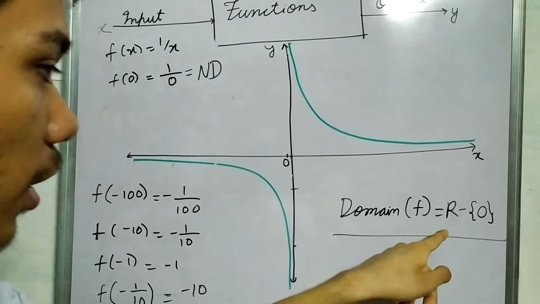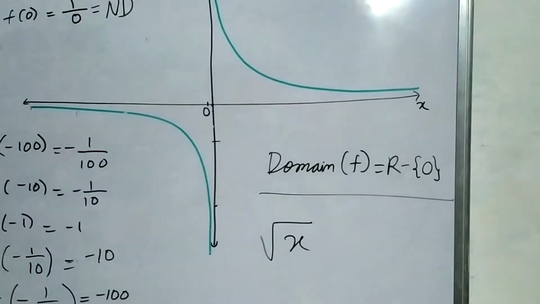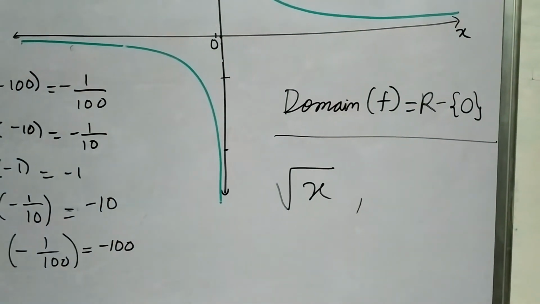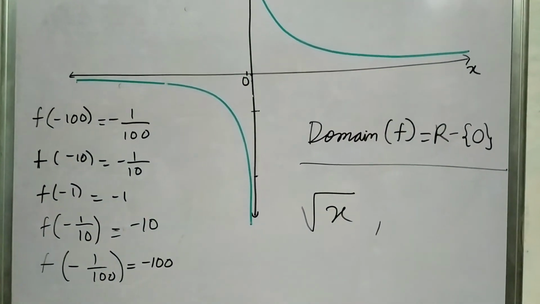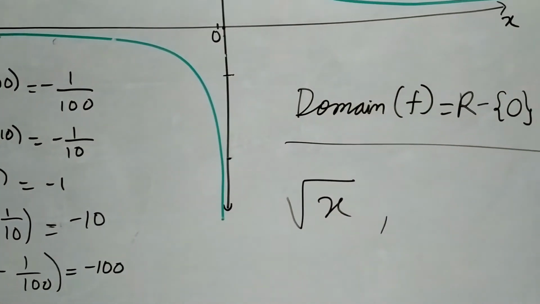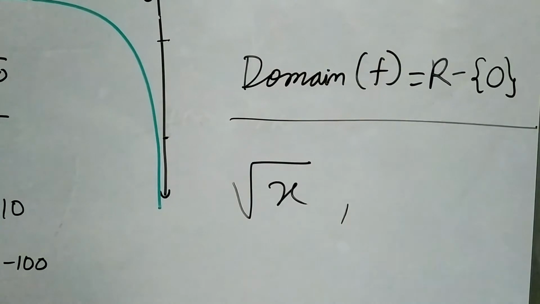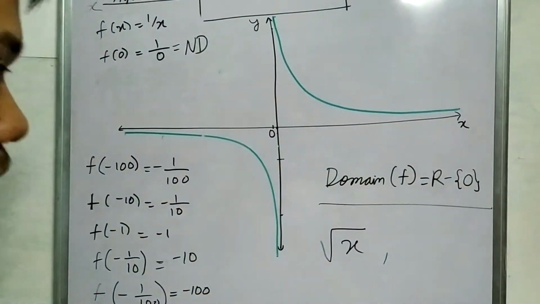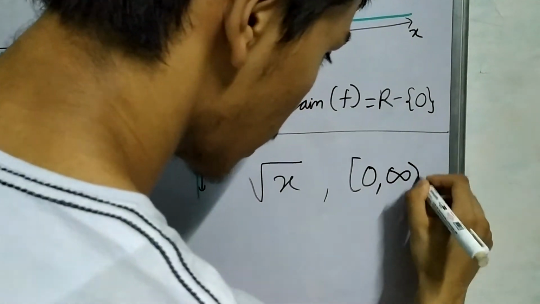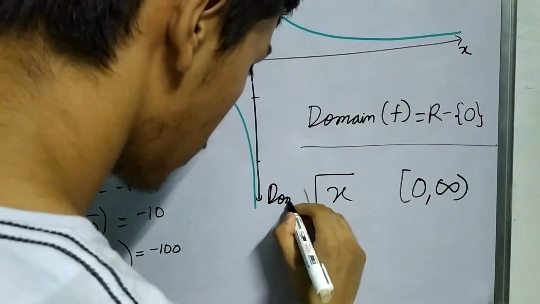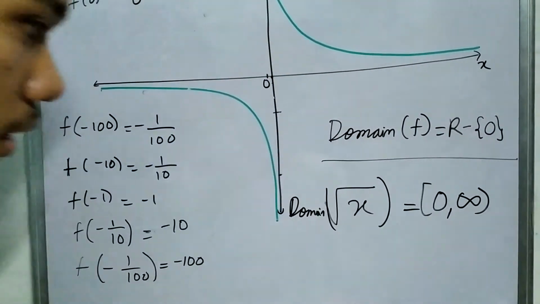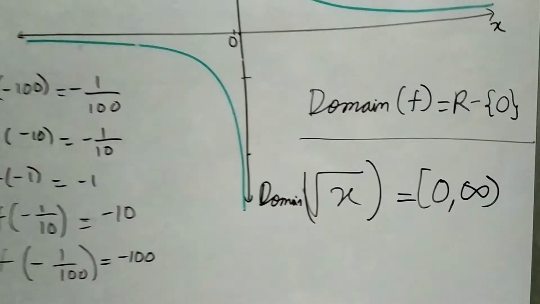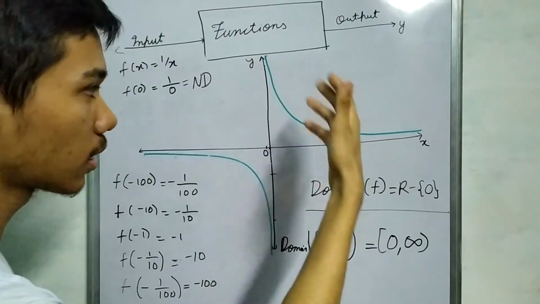Now you have already encountered this when we were in the discussion of root x. The restriction was that x should be greater than or equal to 0. So the domain of root x was 0 and all positive real numbers. Or you can write something like this: 0 to infinity. Yeah, the domain of root x, 0 included, till positive infinity. Now let us understand this domain better by looking at a couple of examples.